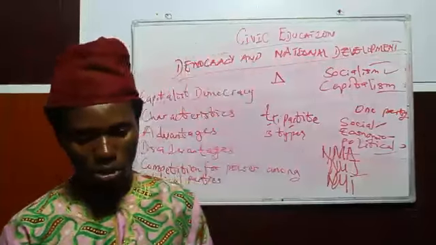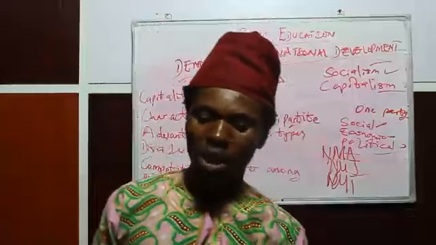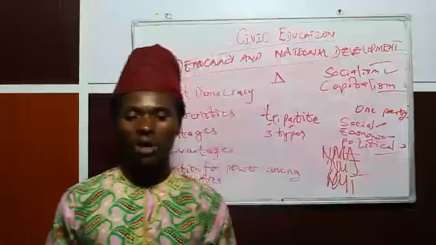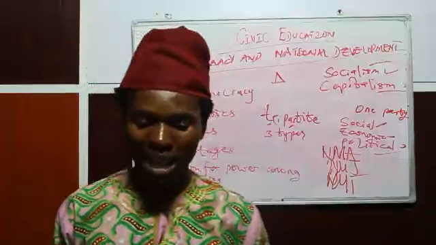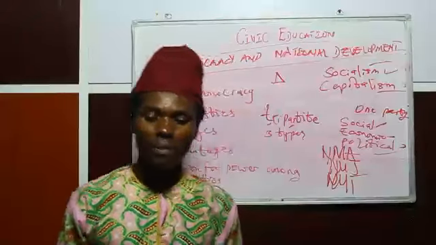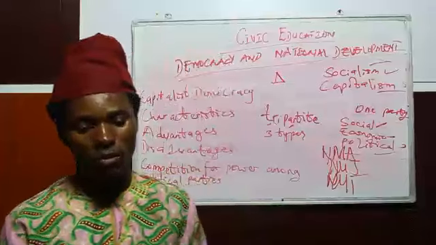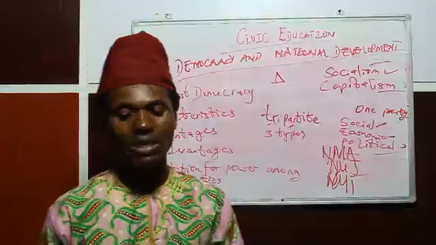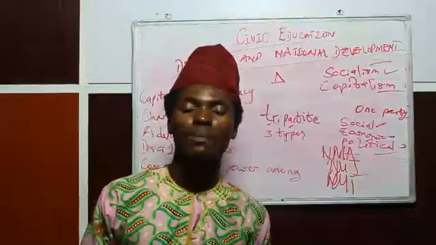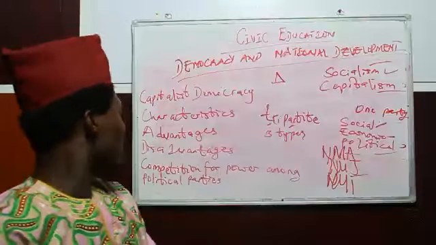Now, that brings us to the fact that capitalist democracy could equally be seen as a political and economic practice, where means of production, distribution, and acquisition of wealth and productive forces are left in the hands of well-to-do people. It is a type of democracy where the individuals are fully allowed to contest and own the means of production. An economic theory that is based on the principle of free enterprise of the people, for the people, and by the people. Now, let's talk about the characteristics